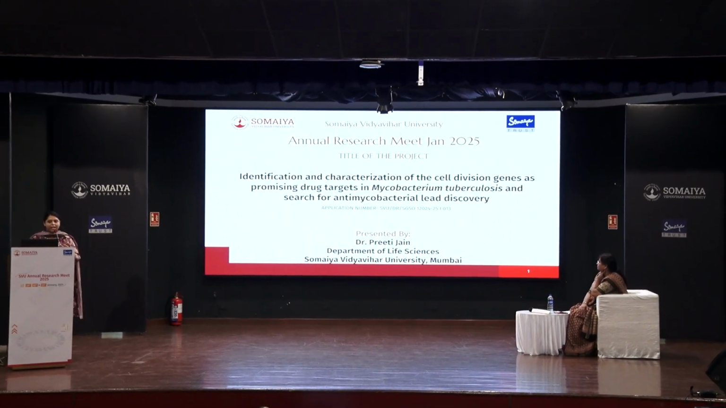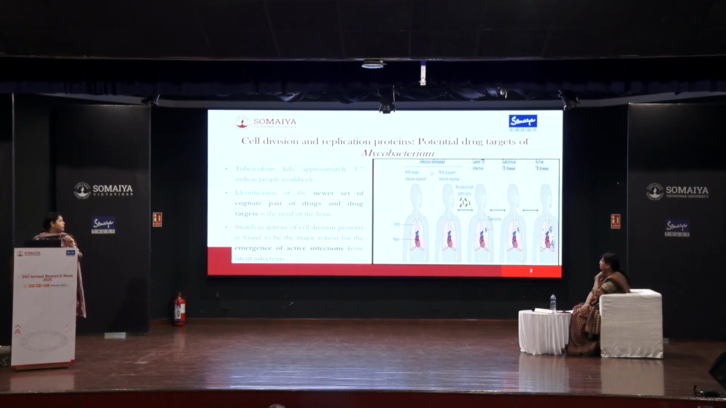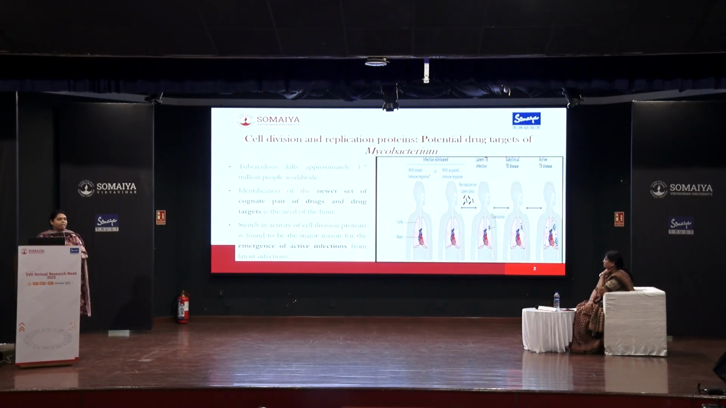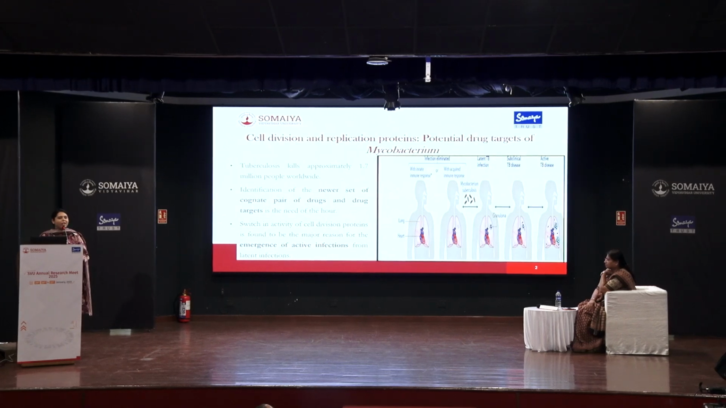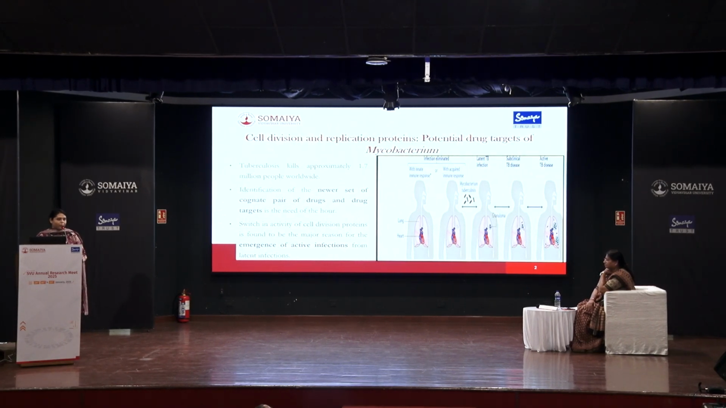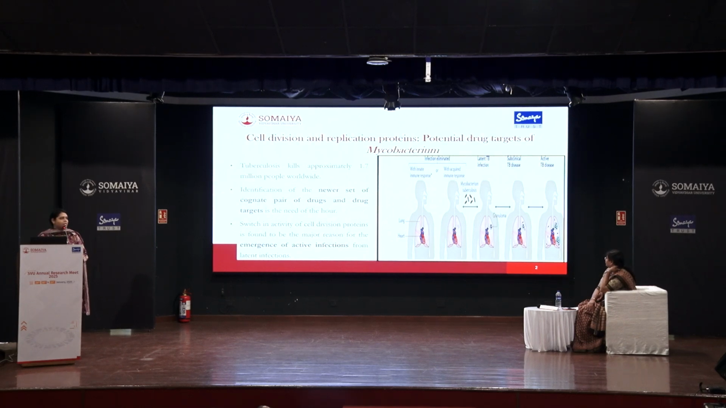Because mycobacterium is the causative agent of tuberculosis, and tuberculosis is reported to kill approximately 1.7 million people every year. So as a possible solution for the treatment of this disease, it's very important to identify newer sets of drugs and drug targets. With that hypothesis in mind, we looked into the possibility of identifying replication proteins as important drug targets